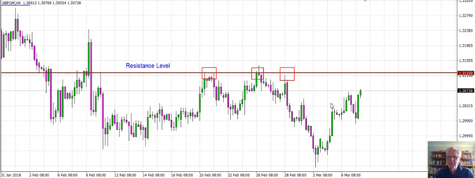So we believe that if the price can break through this level, it can give us a buy opportunity that will make us a profit as it goes further in the bullish direction. So the number of this line has been entered into the expert advisor, and it will be watching this line, and on a certain condition of breaking that line, to avoid a false break, it will open the trade automatically for us and place the stop loss and take profit for us according to our instructions. So I'm going to run